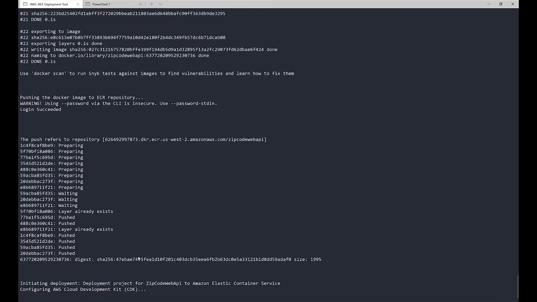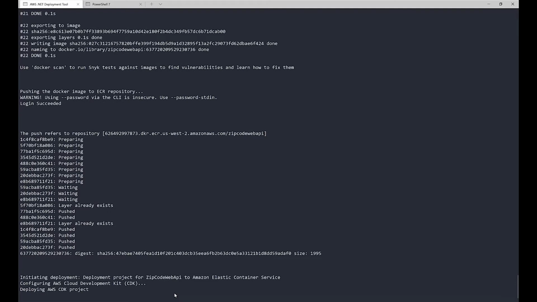Okay, there it goes. You can see it got finished pushing. And there we go. CDK is being used now as that vehicle to do the actual setting up of our infrastructure, including our DynamoDB table, which will be connected to our application. Okay, so while this is running, let's go back to slides.